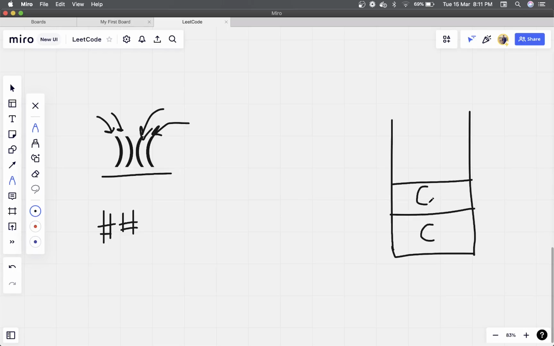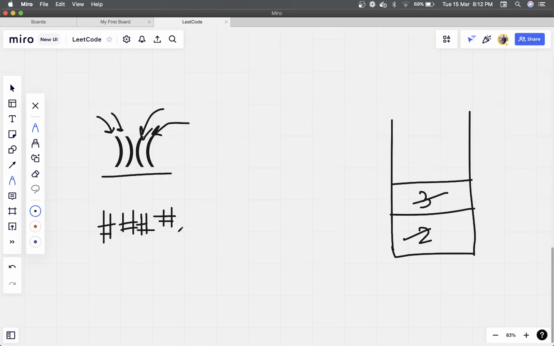Now what we have to do, but also in this case we don't push the actual character, we have to push the index, right? This is 0, 1, 2, this is 2, we have a 3. What we do, we pop the element and mark that index as a special character. So we have a 3, mark it as a special character. Again we have a 2, we mark it as a special character.